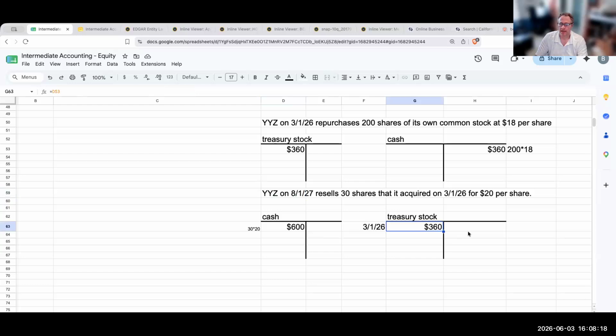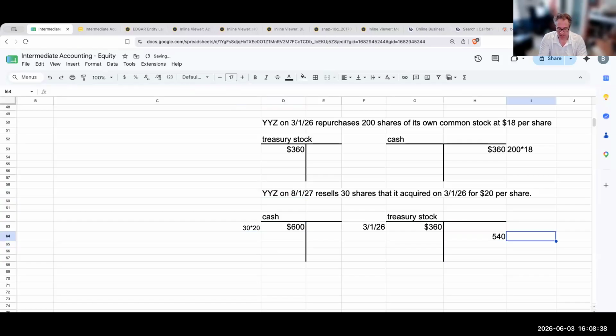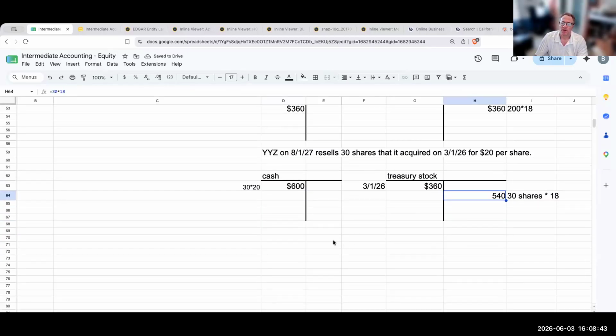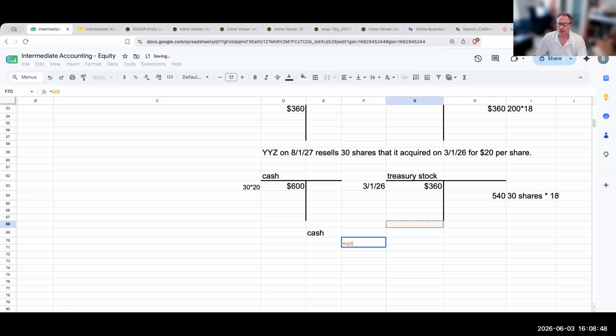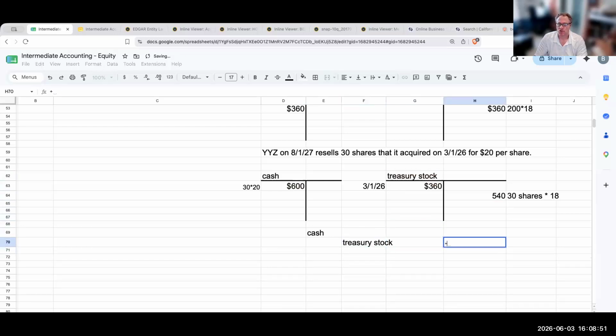Okay, so this is our initial balance. So over here, I'm going to credit treasury stock. Now, when I credit treasury stock, I'm not going to do it for the full amount. Rather, I'm going to do it for what I originally paid for the shares. I originally paid $18 per share for these 30 shares, so this is going to be $540. Now, the problem I have at this point is I've got a debit to cash, basically a credit to treasury stock over here for